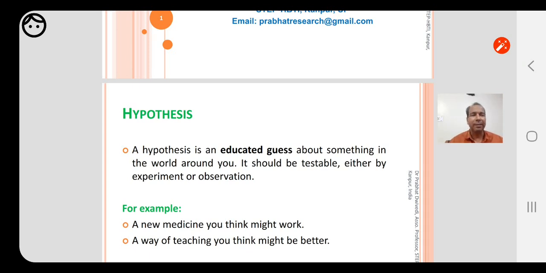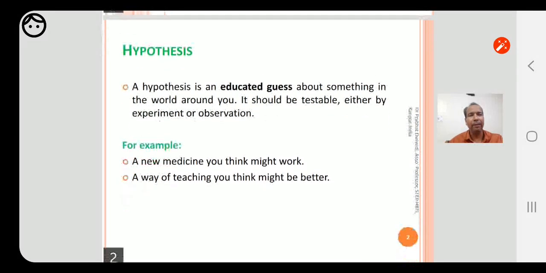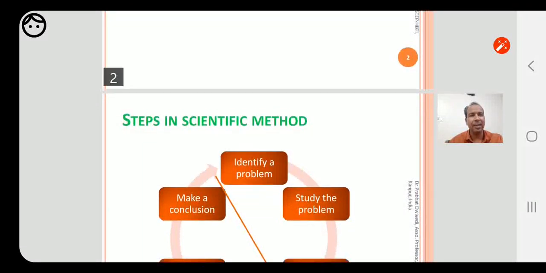There are several examples, like a new medicine you think might work, that's a hypothesis. For a teacher, a new way of teaching might be better, that's a hypothesis. So this is what the hypothesis is. Just in a few words, it is an educated guess, which we have understood in the previous lecture.